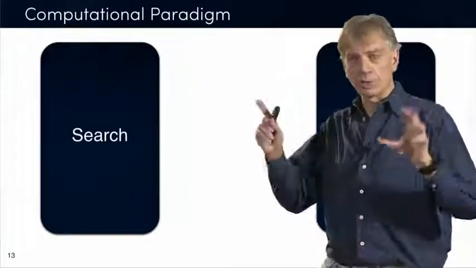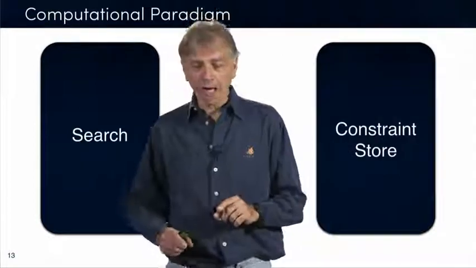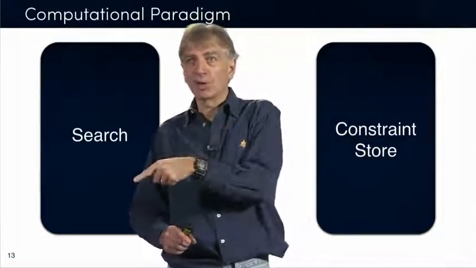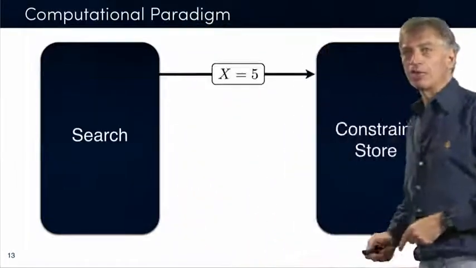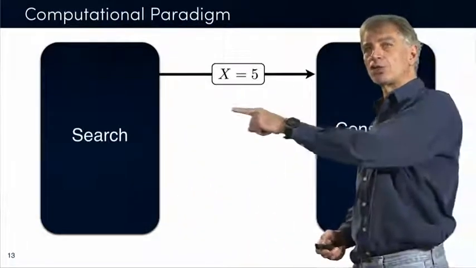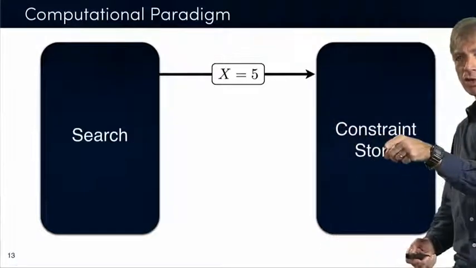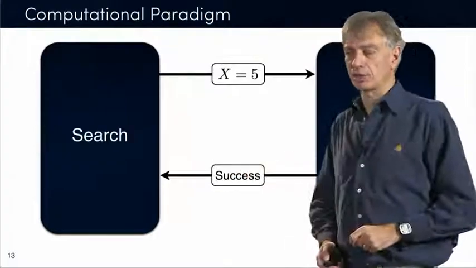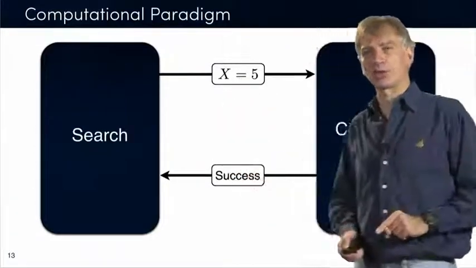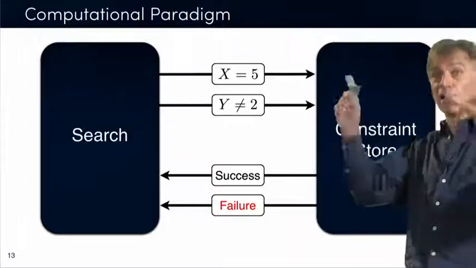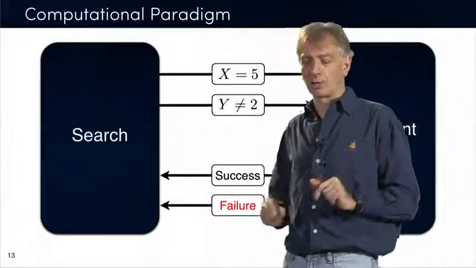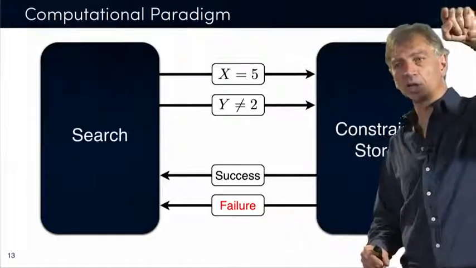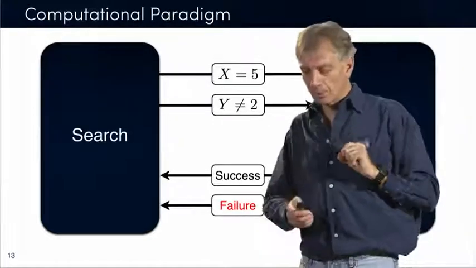Remember the computational paradigm. You have a constraint store that's pruning the search space, and then a search. What the search is doing is always adding constraints to the constraint store. The constraint store is sending a result back to the search, saying okay, good, success. Or sometimes you add a constraint and it says failure, so no, you can't satisfy all these constraints. When something like that happens, you go back to a non-deterministic instruction and try another value for the variable.